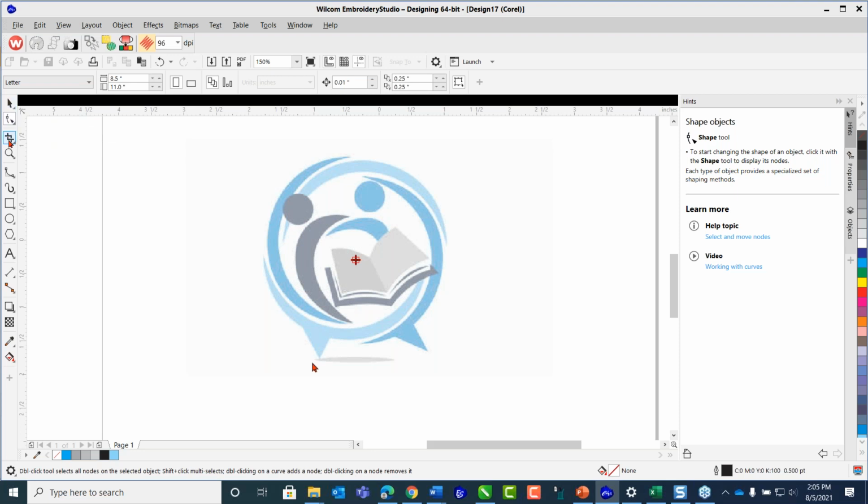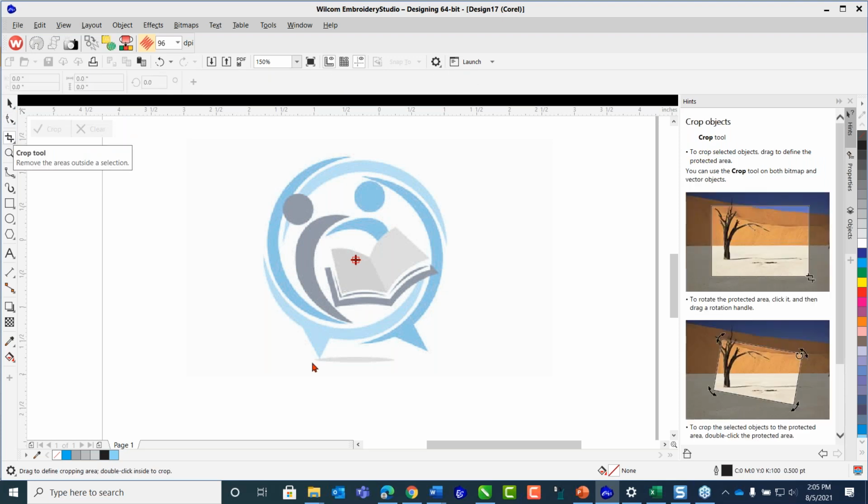The next one here, once I click this, is the crop tool. And I'm going down this list of tools that we're going to use today. Not going to cover everything here. We're just going to go over the tools that we're going to use today, actually. And this crop tool here is extremely important because this tool allows us to go in and crop designs. And why is this important? Because in embroidery, well, it could be graphics as well, when you start to create a design,